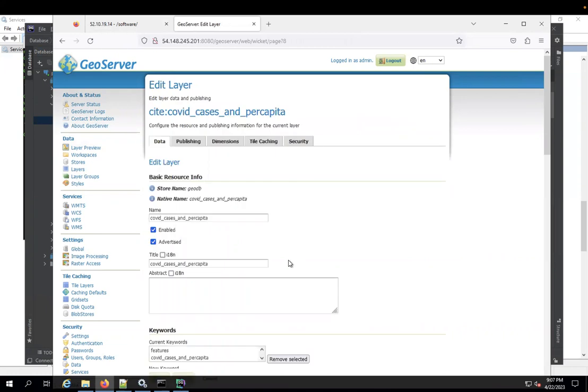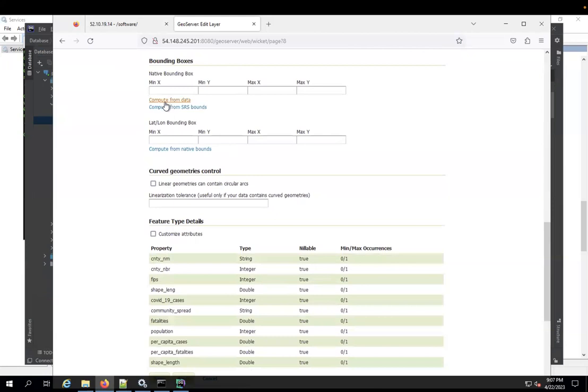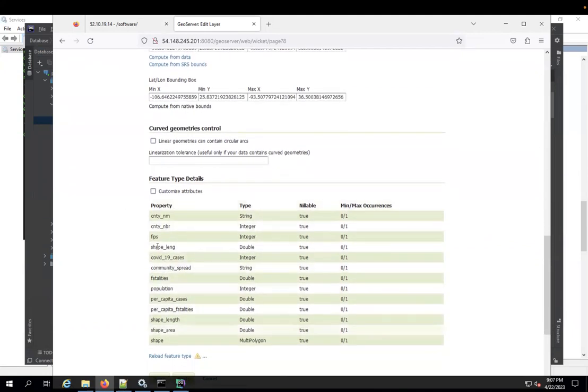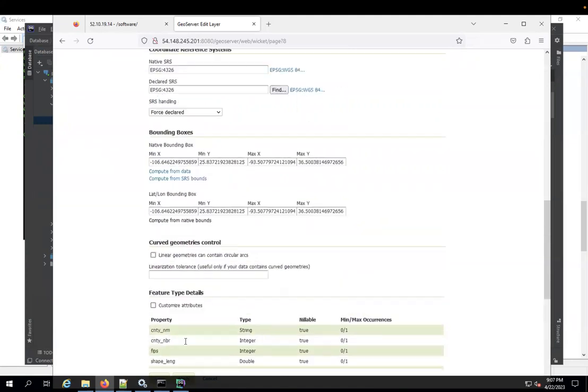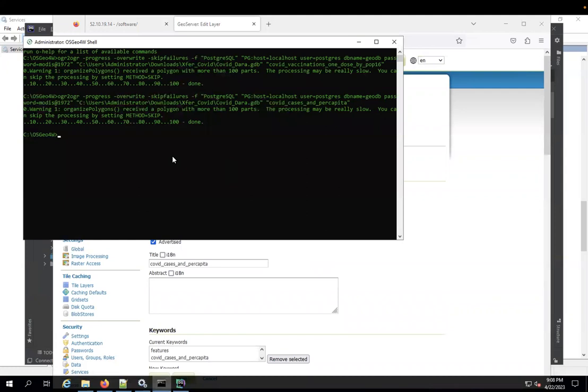And then I just have to go back through that process of making sure that I get my bounds from this and this. There are the different properties. And then in publishing, I would just add my style information, and then I'd hit publish. So that is how we load a feature class from a geodatabase